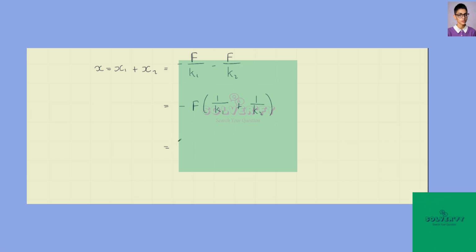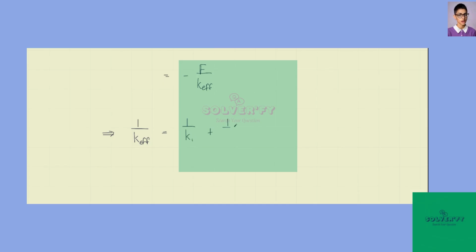But we know x is simply minus F over the effective spring constant K_eff, which means that 1 over the effective spring constant is equal to 1 over K1 plus 1 over